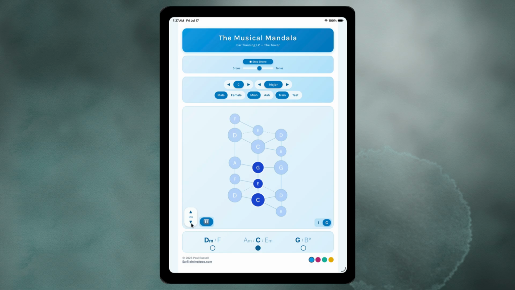In the lower left-hand corner of the main design panel, you'll see the inversions control. And this control allows you, within the limits of the available tones, to shift up an inversion, in this case from C to C over E to C over G. And the program remembers the inversion you were in last. So now, if I switch to F, it'll be very elegant. And back to C,